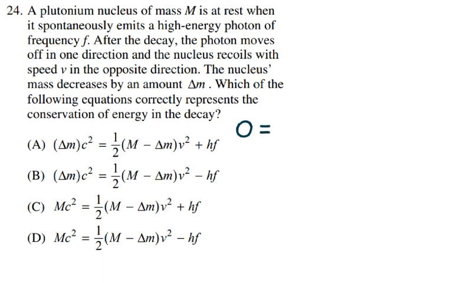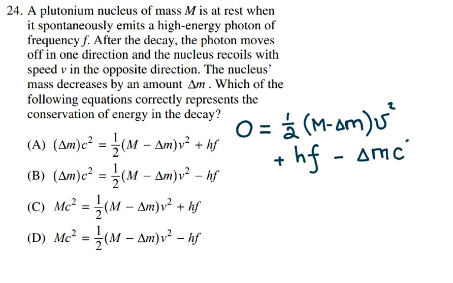And after, if the energy is conserved, it is going to be the energy of all the elements. So one is the plutonium that lost the mass defect. So we have 1/2. The energy of the plutonium is 1/2 its mass minus the mass lost during the process times its velocity, so that's what's left of the plutonium, squared. Then after, I also have the photon of energy h times the frequency of the photon, and I also have the mass defect or the loss of the mass, and that loss of the mass is negative delta m